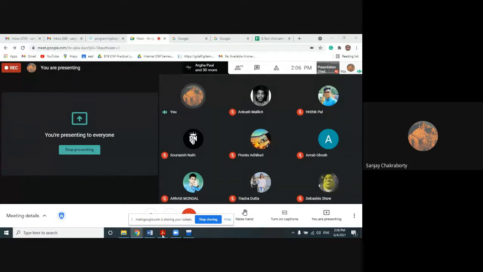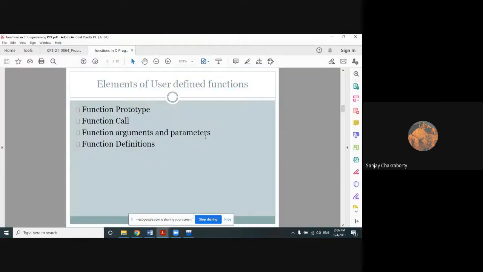So I think the screen is visible to everyone. Let me give you a broad revision of what we covered in the last class. I told you that the elements of user-defined functions are generally divided into four types: function prototype, function call, function arguments and parameters, and function definitions. We can broadly classify it into three types.